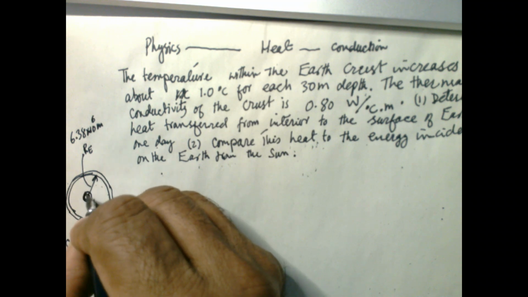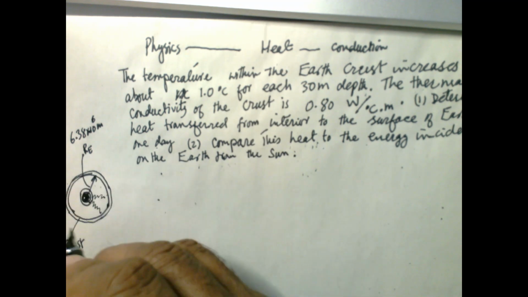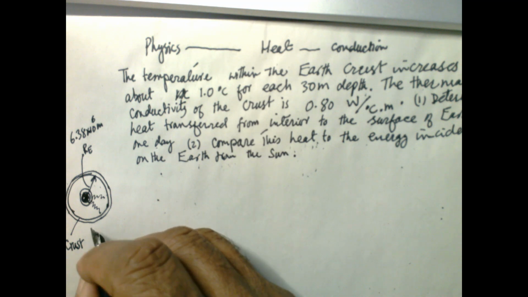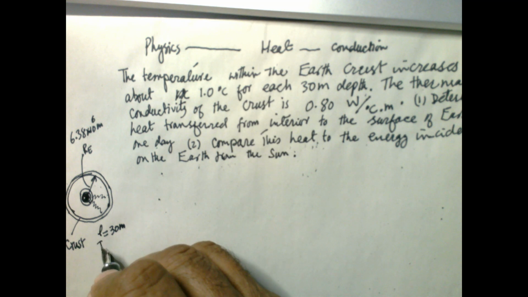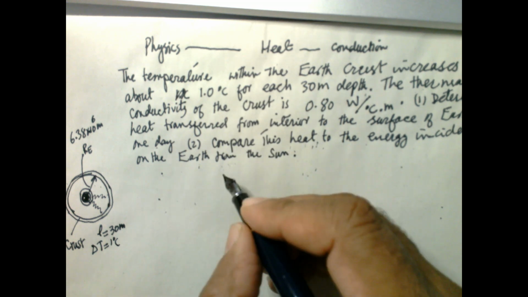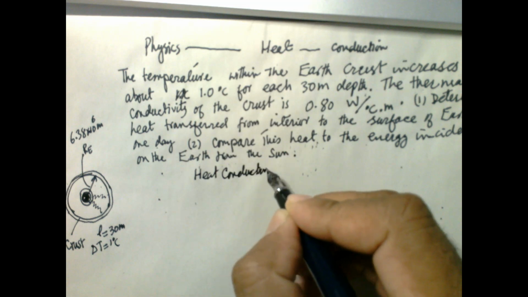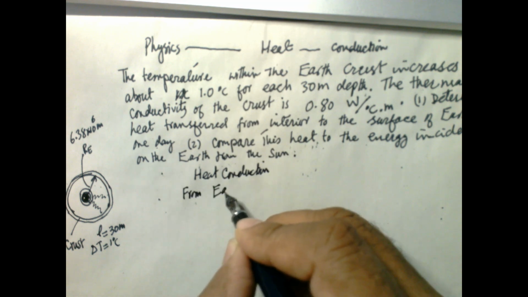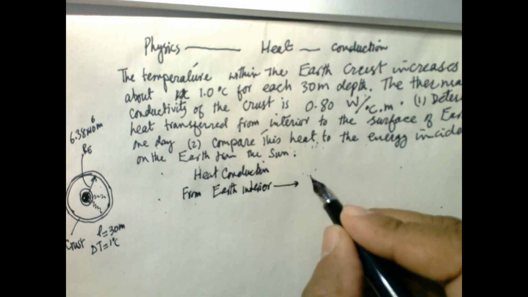and there's a heat here, and the heat is going on the crust, and this is one degree, one dimension. So the length of this one is 30 meter, and temperature difference delta T is equal to 1 degree C. So we will use the heat conduction from interior to the surface, through the crust,